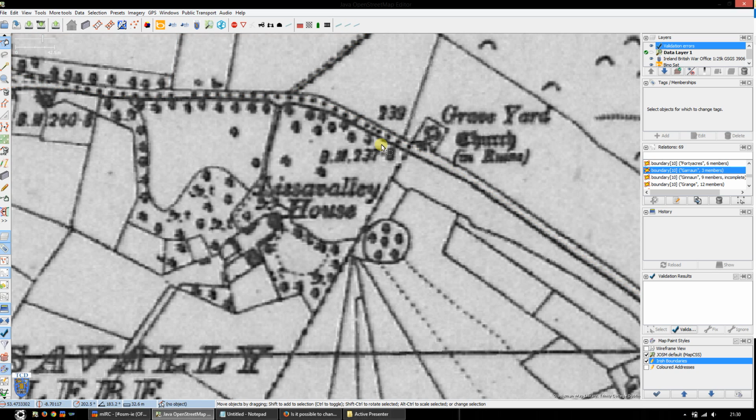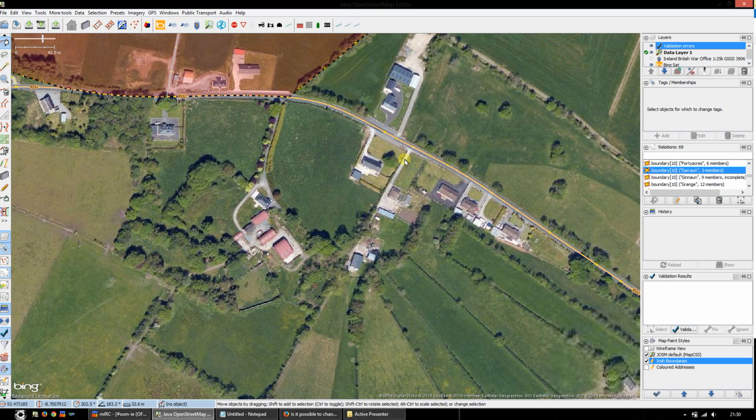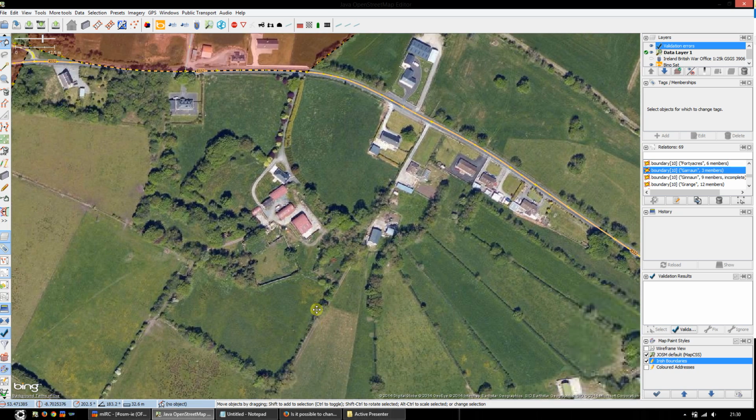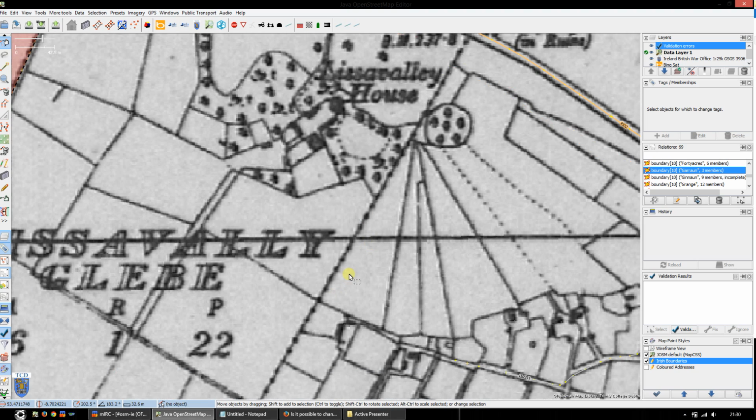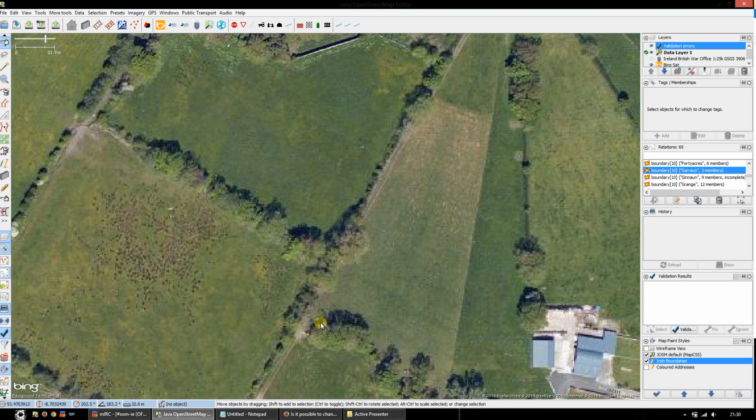If I switch off my data, again I can see my boundary or my townland dots running down the middle of the road to this point here. If I turn off my map sheet, I've actually got somebody's driveway here. So if I come further back to here and try and follow it up and see, does the boundary actually go down the driveway, does it go down the wall on the left of the driveway or the right of the driveway, and so on. So basically I'll zoom in here and turn off that,